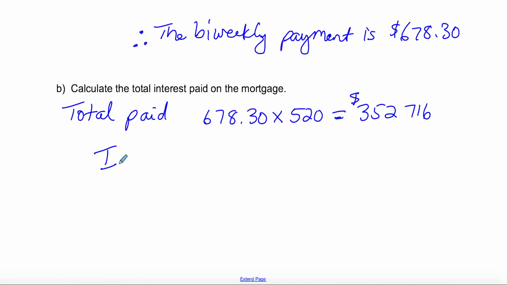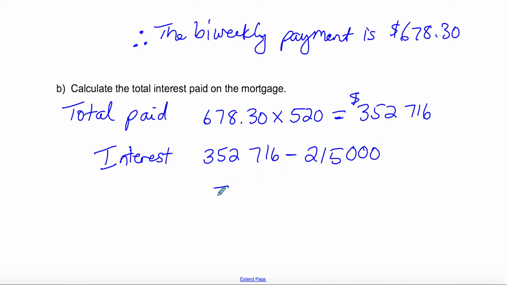The interest, he paid $352,716 for this house, but the original purchase price of the house was only $215,000. So when I subtract those, I actually get the interest that he paid to the bank, and you might be shocked to see in 20 years it was $137,716. So that is the interest. So you might think, well, the house was only $215,000, and then this is how much interest he paid the bank. And that is a typical mortgage. It's very sad because this is money that you've kind of just given away